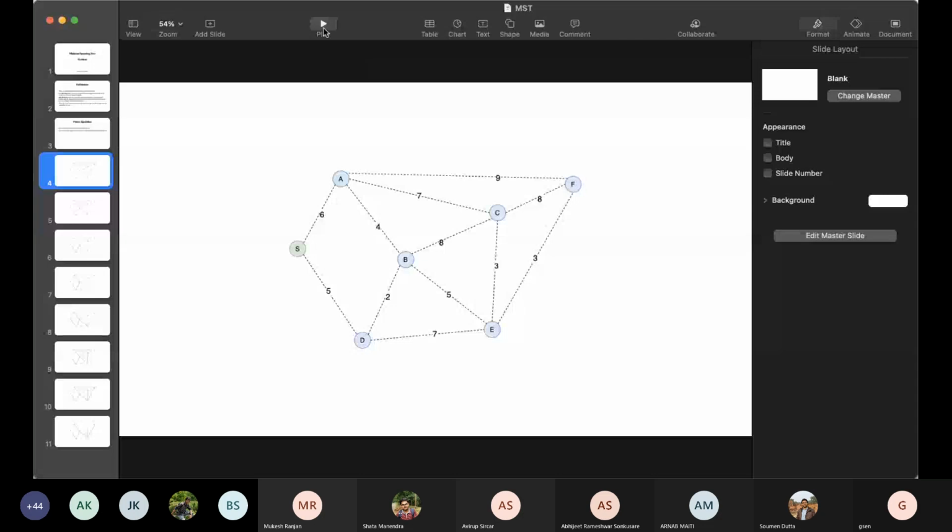Again, out of all the edges which we can take, with the minimum weight, we have 4. So we take this one. Continuing in a similar manner, we pick this 5, then 3, and then again 3. So this is basically a greedy algorithm, and we always pick the edge with the minimum weight. And so we grow the tree from the root node to all the nodes. This is the final tree.